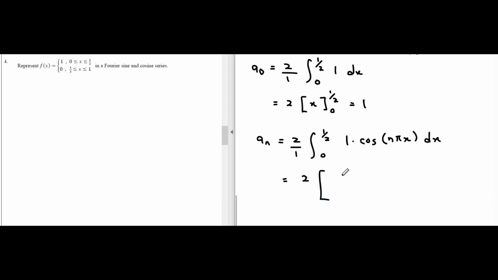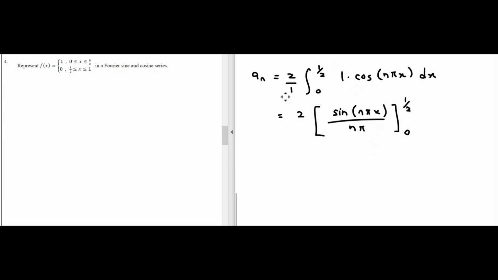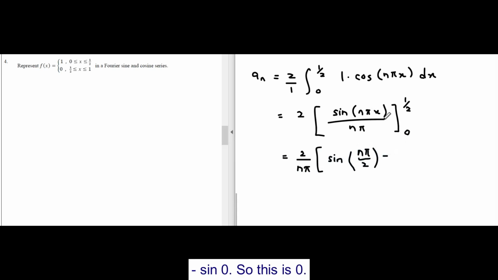So integration from here. Minus sine 0, so this is 0. So what we have is